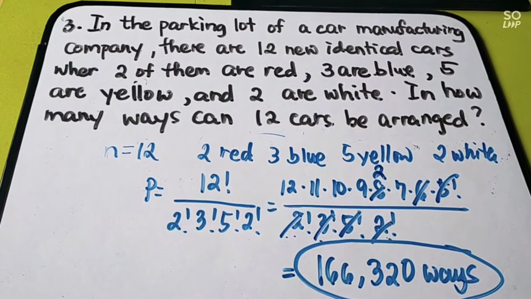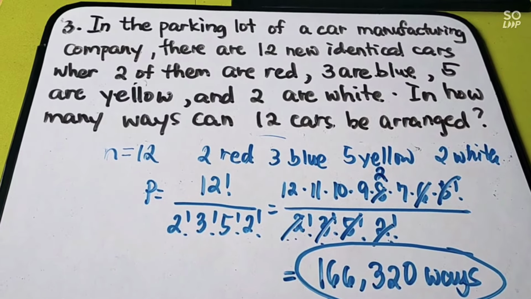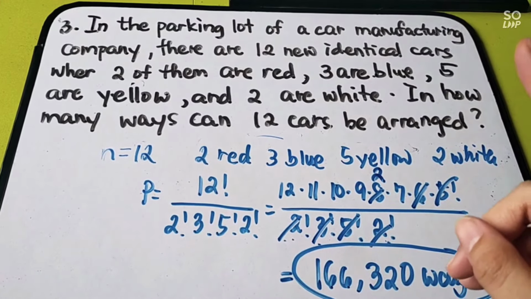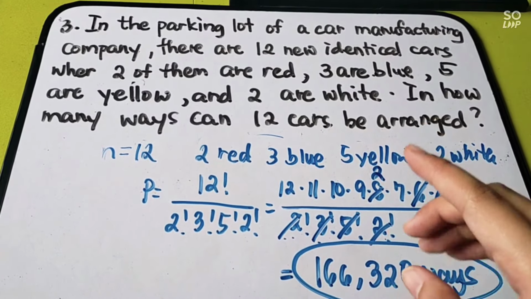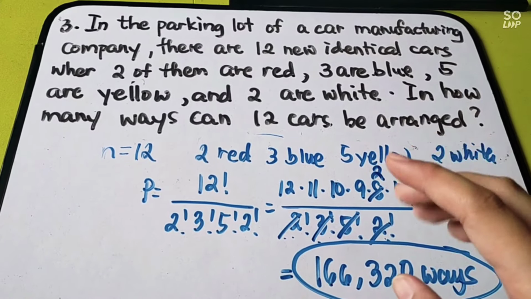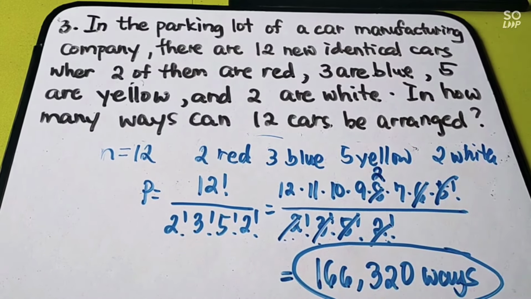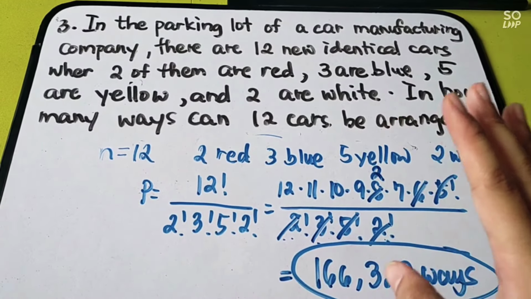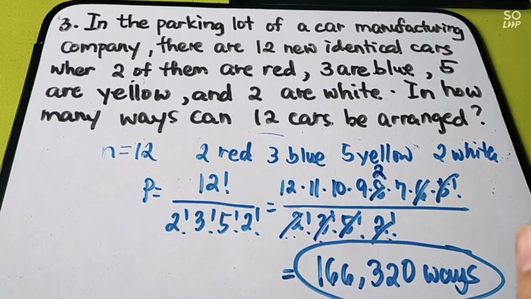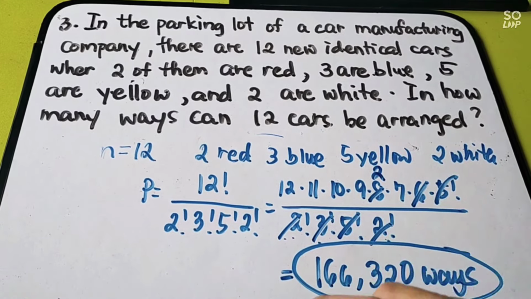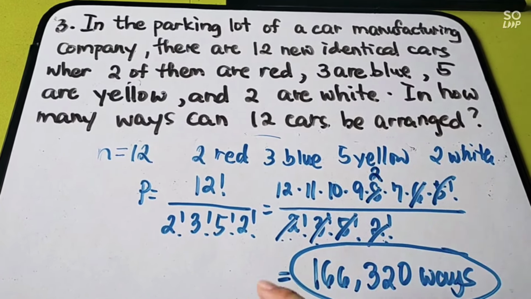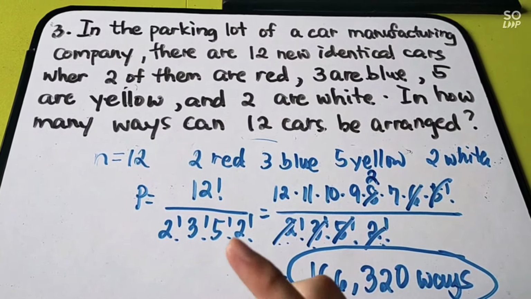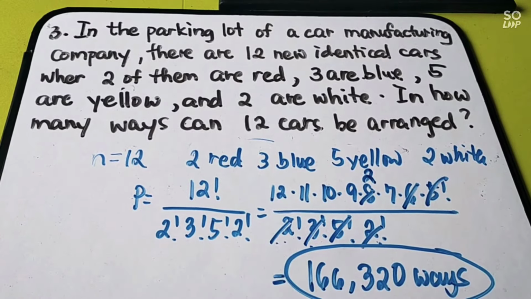Yung isa, linear, simpleng permutation lang yon. Yung pangalawa naman ay circular, kapag may nabasa kang round or circle sa given, that is a circular permutation. Kapag naman may naulit na letters o kaya naman may naulit na given na object, ang gagamitin mo naman ay si permutations with identical objects. Is it clear? Now, let us move dun sa permutations with